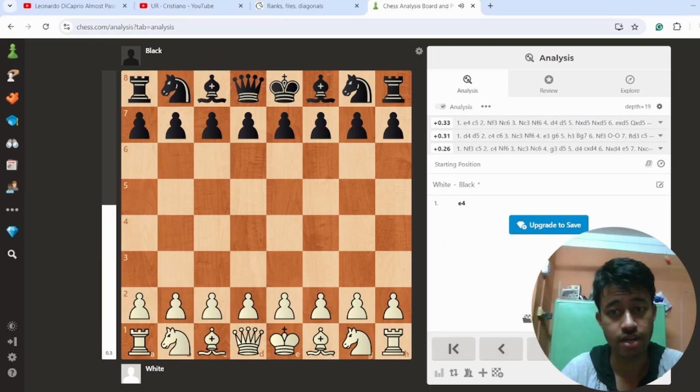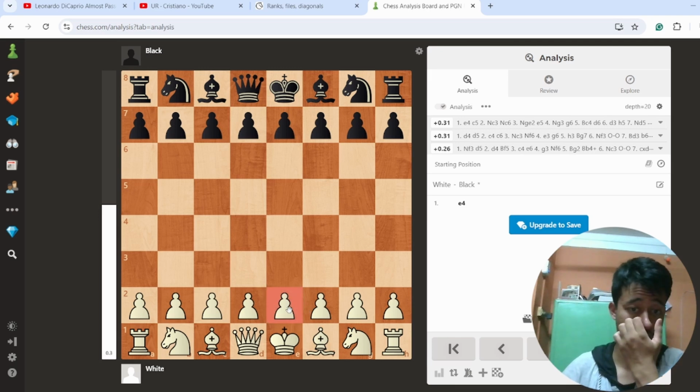This is a chessboard, right? Yeah, it's a chessboard. And this one is pawn. We all know this: queen, bishop, knight, rook. So